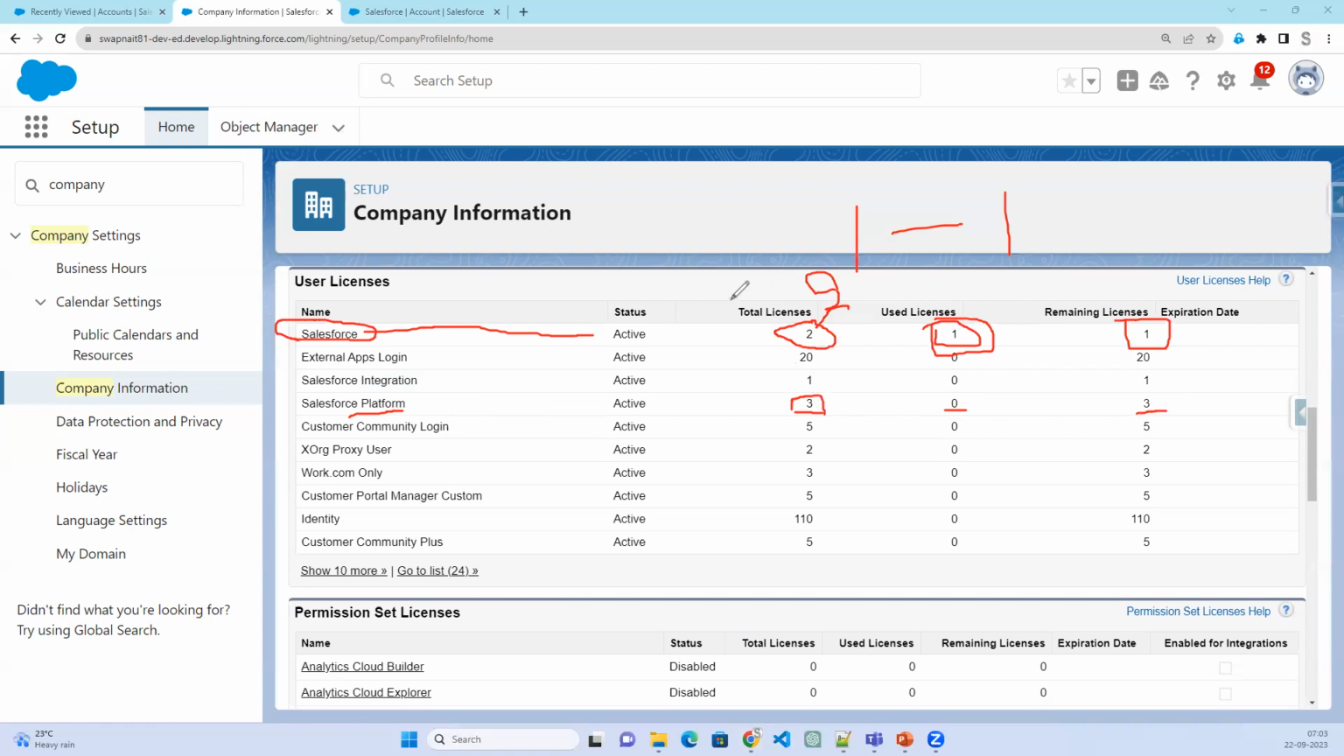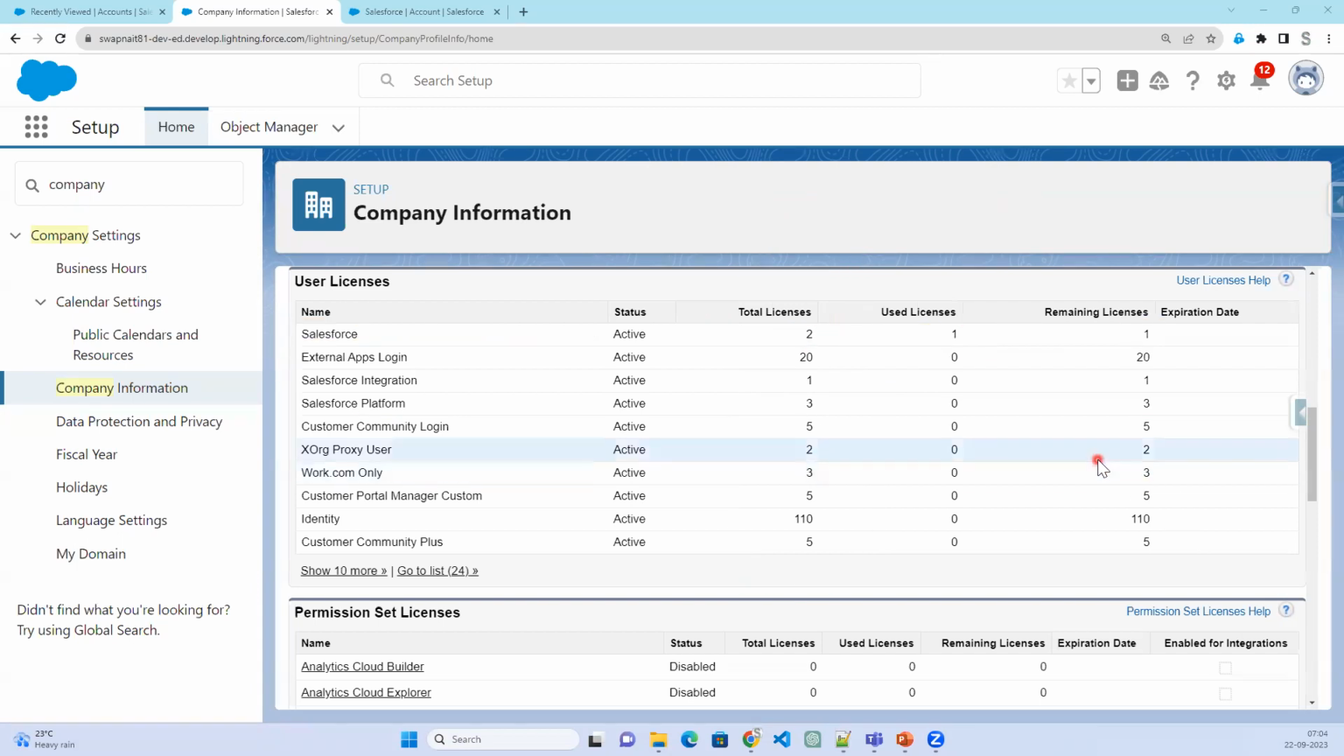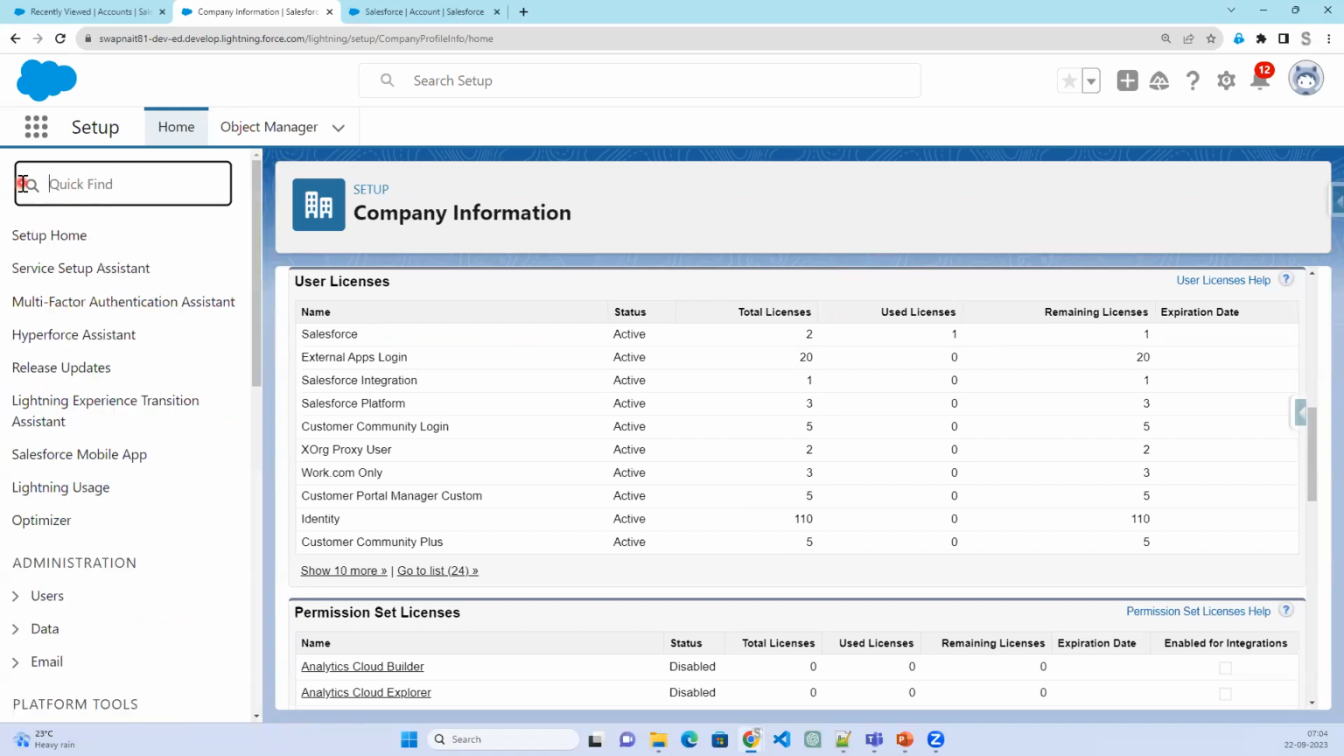Like that, you will know that total licenses equal the total number of users that we can create in Salesforce. 1 license will be associated with 1 user. Now, in this case, the total number of licenses for Salesforce is 2. It says used is 1 license and remaining is 1. Now, who is the user that has already used the Salesforce license? If you go to the users,